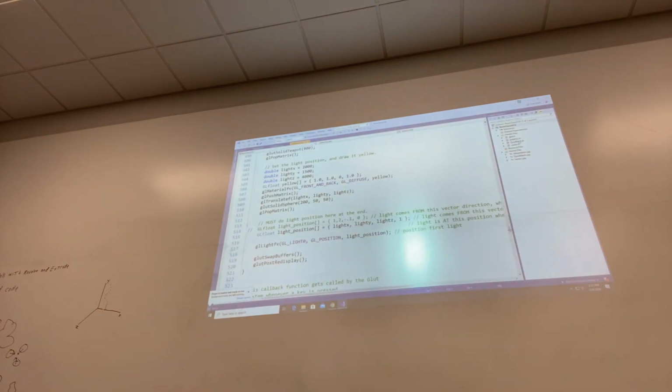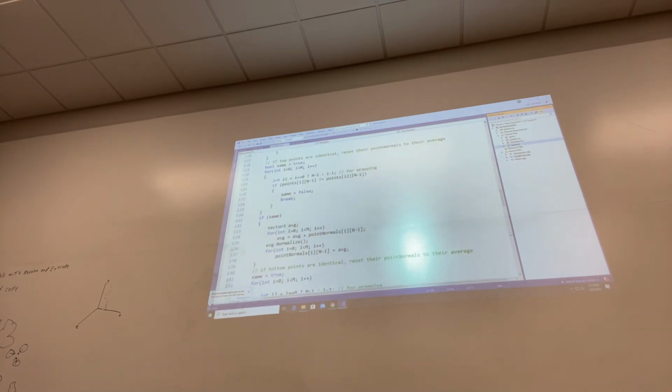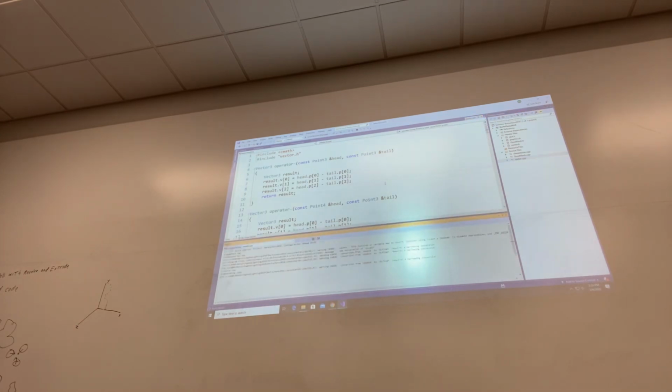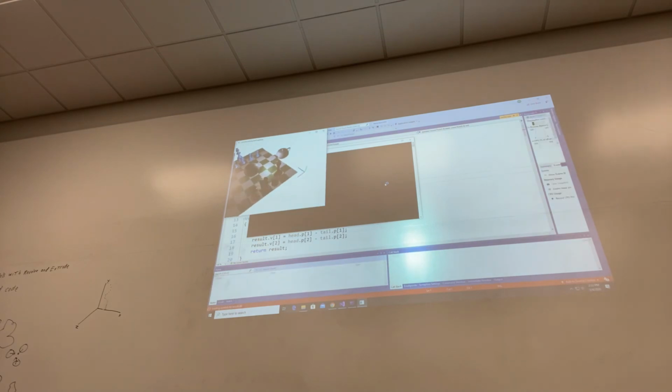So again, this one also has the quad mesh code and the vector code. But it has more stuff in it as well. I'll just run it for starters. Oh, I forgot to show you the teapot. There's the teapot. So, what is this one demoing? Aside from this piece, which is